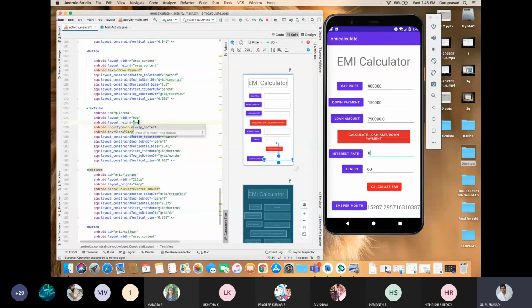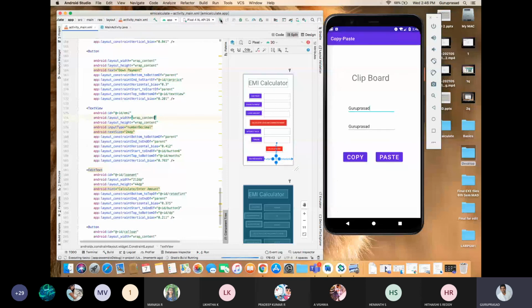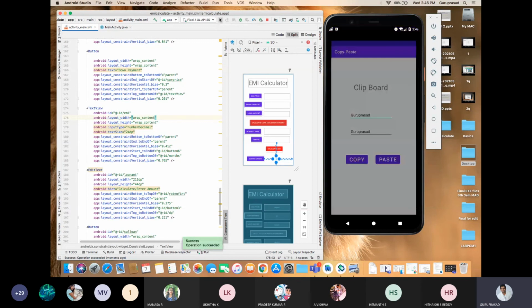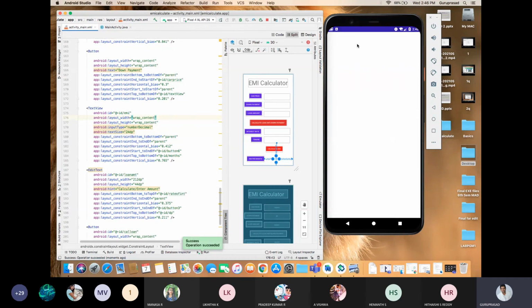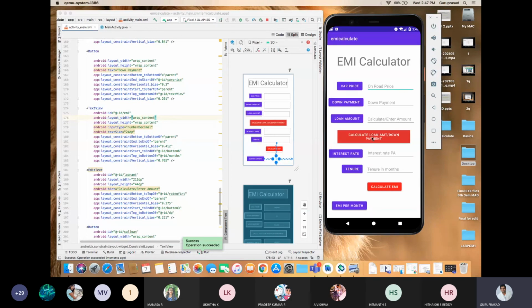So I'll wrap the content. I'll play it again. I'll show you two possibilities. One is calculating the loan amount, and one is manually entering the loan amount and calculating the EMI. Now it is ready. If I press car loan amount, it will show an error.